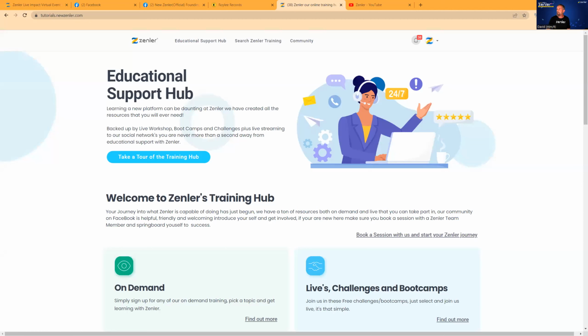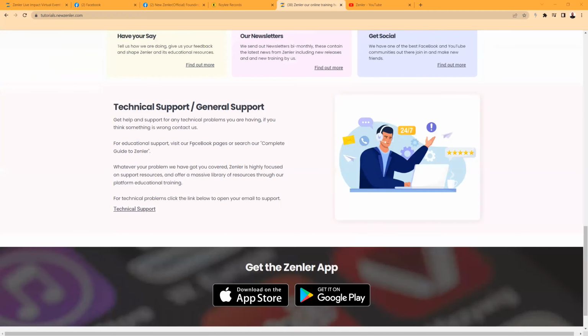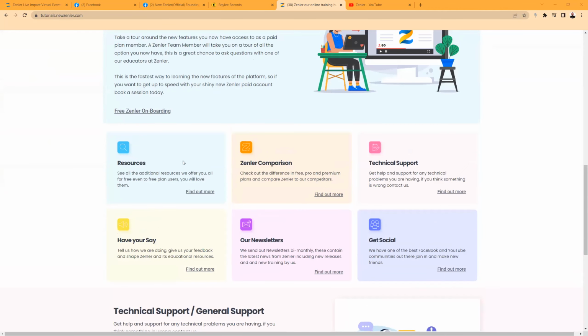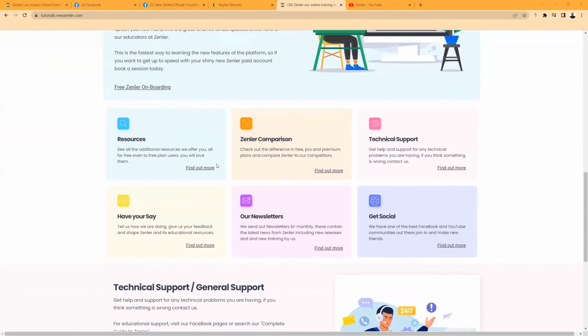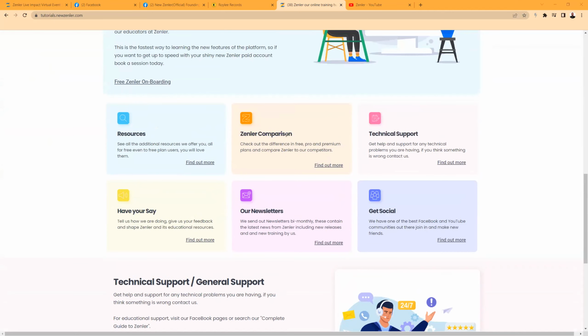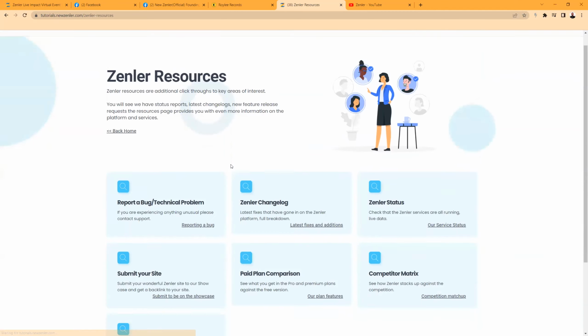Inside here, I'm going to stop my video so my face doesn't appear. Inside here, you can see we've got our educational hub. So this is tutorials.newzenler.com. Now inside here, and a lot of you might not know about it, even people that watch this, is under here, down right at the bottom of the page. Once you log in, you're going to have these areas here. There's lots of content in here. Definitely look around. Like, people ask for new features in the Facebook group. If you go into resources, you're going to find in there